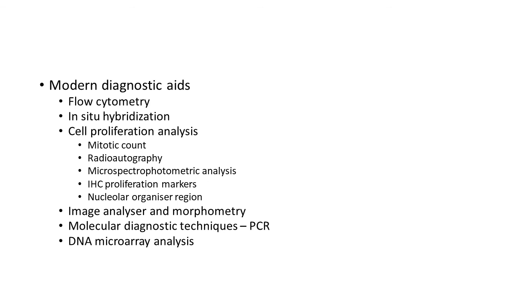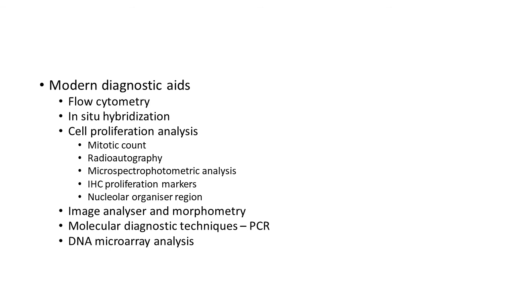Here, the degree of proliferation of cells in tumors is determined by various methods like mitotic counts, radioautography, where the proliferating cells are labeled in vitro with thymidine, and these thymidine labeled cells are counted, or microspectrophotometric analysis, where the DNA is stained and the DNA content is measured, or IHC proliferation markers, that is immunohistochemistry proliferation markers, or nucleolar organizer regions. These NORs have affinity for silver, and so silver staining is used